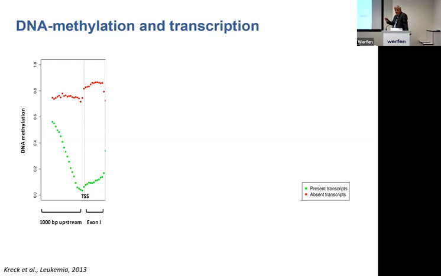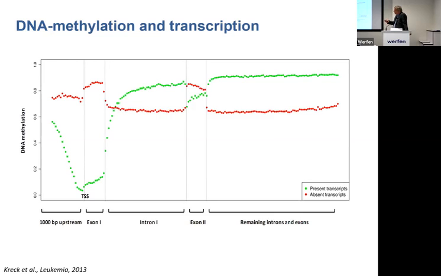High methylation leads to silencing, but only if it happens at the transcription start site. If you go across the gene further on, you see the situation changes. There is a higher methylation of transcribed genes in the gene body. What's the function? It's not completely known. One idea is that it's involved in splicing, for example. So if you talk about DNA methylation, you have to really say which part of the gene you are talking about. And if you really talk about silencing, you have to go to the transcription start site.